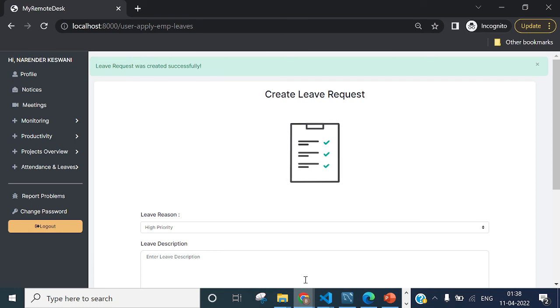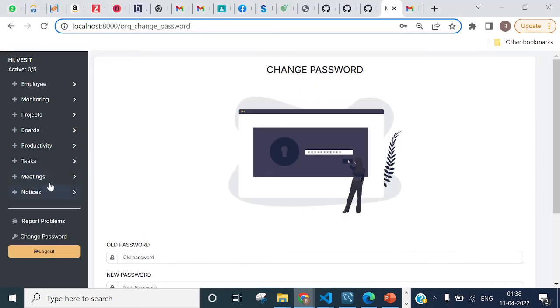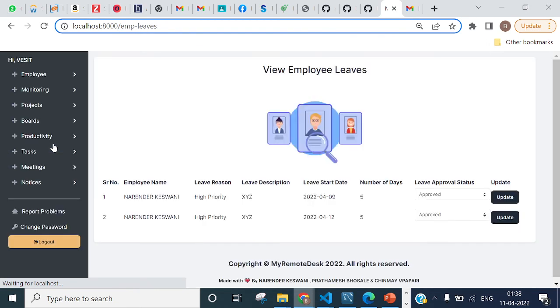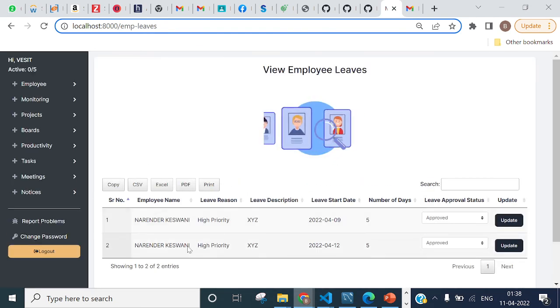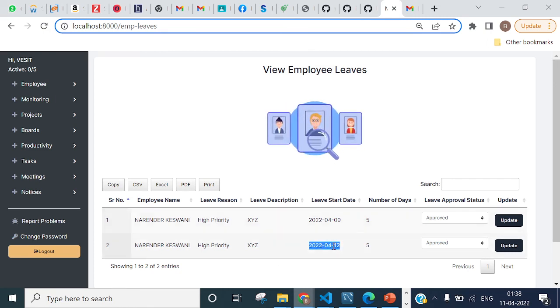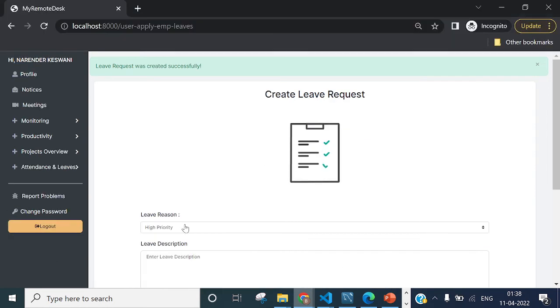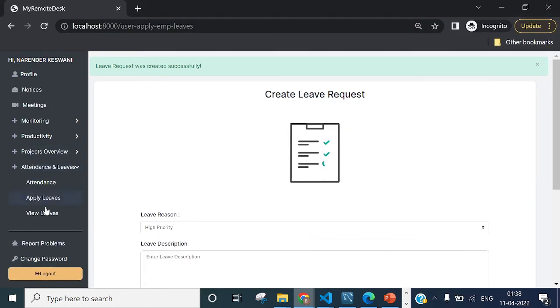So leave was created successfully. So now the organization can view the leave and approve or reject it. This is 5 days, and the start date is tomorrow. So for example, now I am approving it, so I will update it. So it will be updated. Leave request approved successfully. So now the employee can view the leaves,